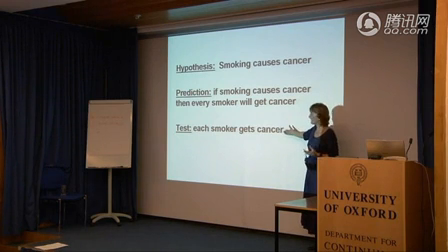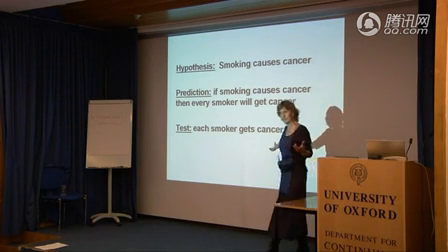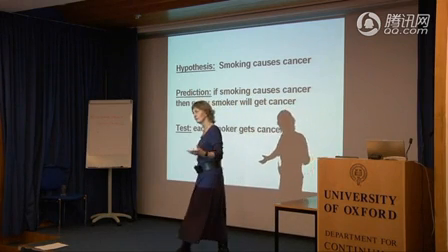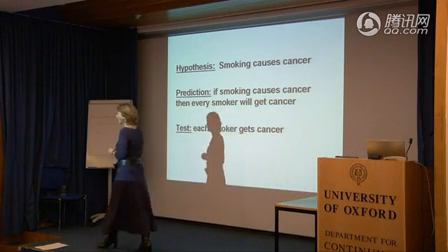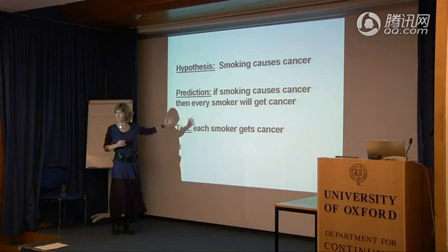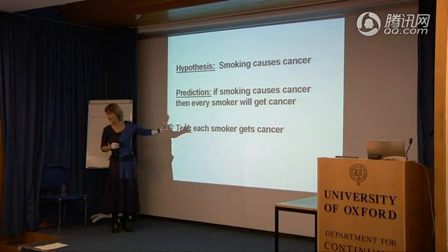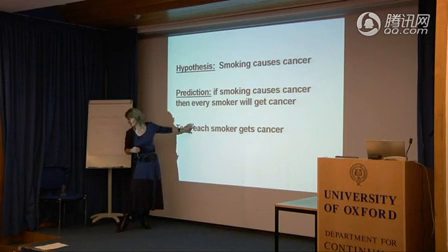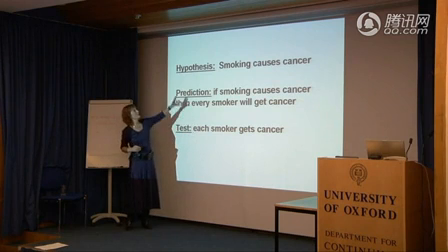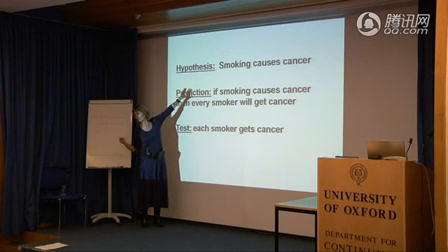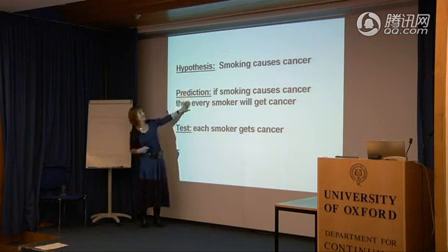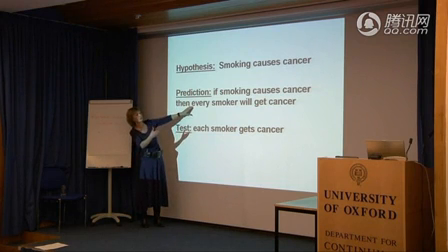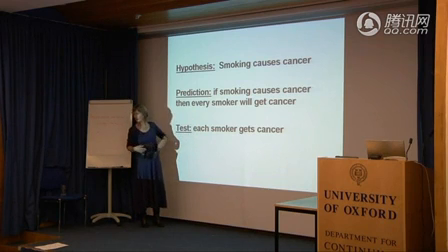Now, if we look at smokers, we see that some of them get cancer and some of them don't, don't we? Okay, so what do we know? This is a valid argument, isn't it? Yeah, okay. But we've seen that the conclusion is false, so what do we know? That one of the premises is false. Now, it might be that it's not the case that smoking causes cancer, or it might be the case that smoking could cause cancer without it being the case that every smoker would get cancer.